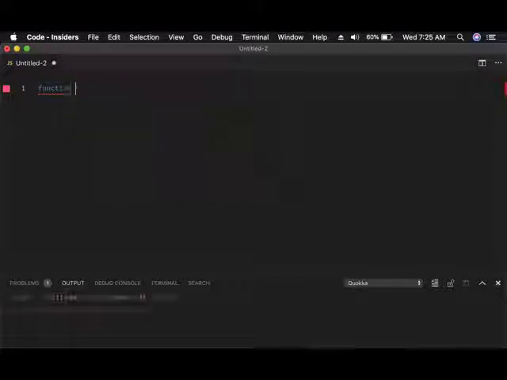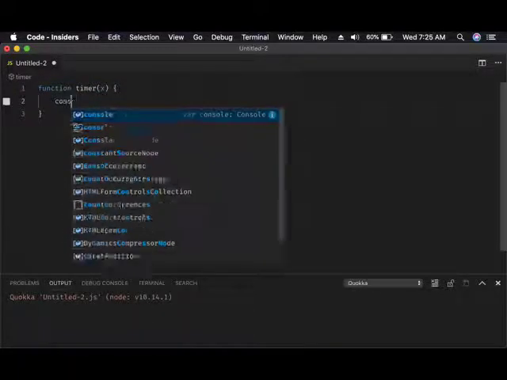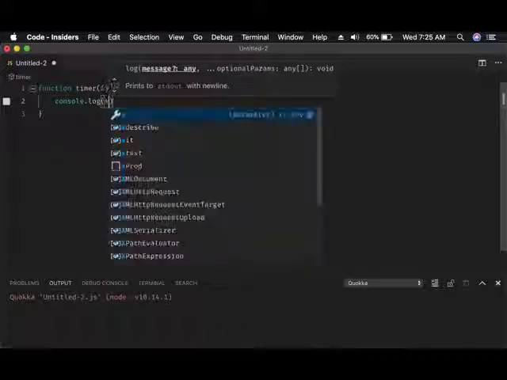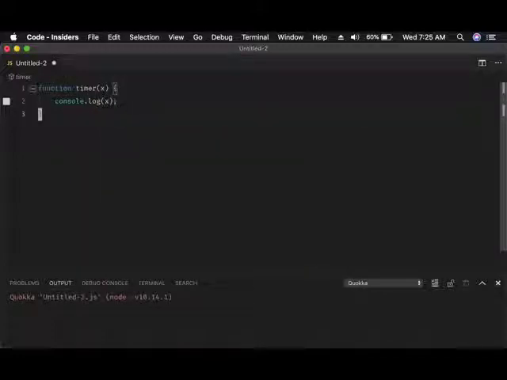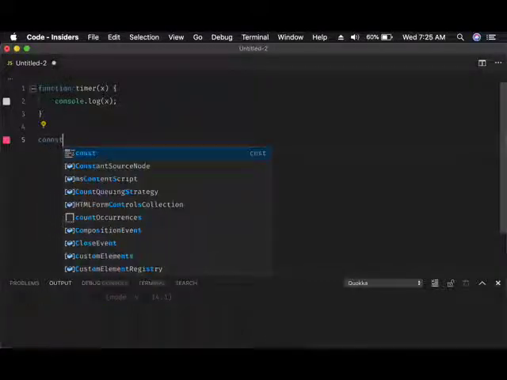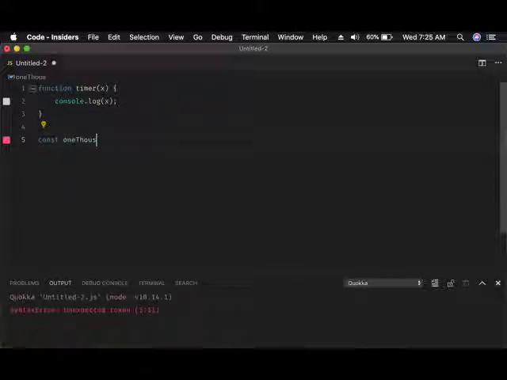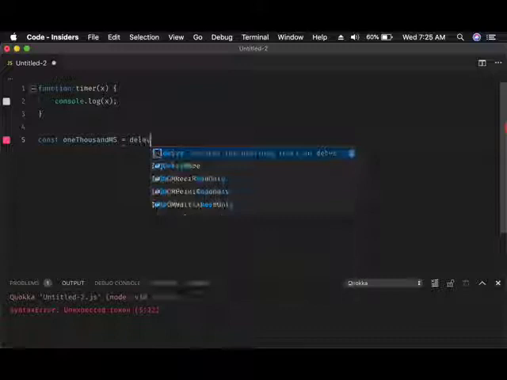So let's go ahead and create a timer. It's just going to console log whatever is going to be logged at that particular time. So let's call it a delay